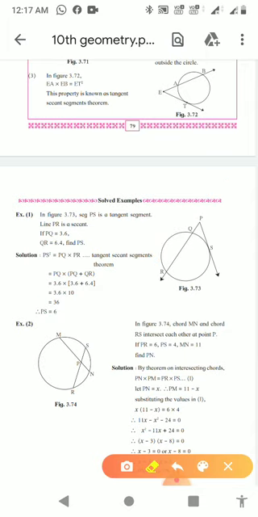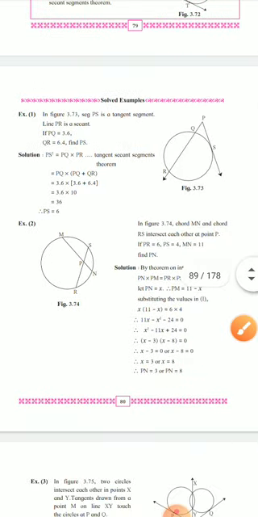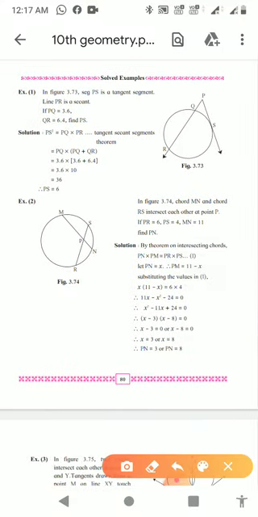So in this second problem, I have to refer to this diagram here. In this diagram, chord MN and chord RS, these two chords, intersect at point P, and the value of PR is given as 6 units, the value of PS is also given as 4 units, and the value of MN is given as 11 units. We have to find the value of PN. Okay, now by just observing this problem, you will come to know that two chords are given and they intersect at point P, and this point P is located inside the circle.